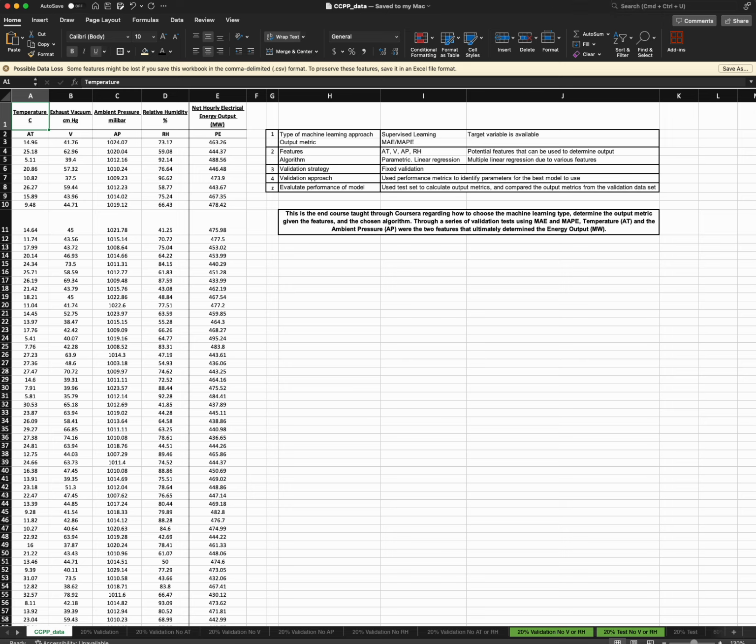What we're looking at here is the data set provided by Coursera for Machine Learning Foundations for Product Managers. And the given test here is to determine, given the data, what machine learning approach one would take, the metrics, what features one would take, the algorithms, and ultimately determine which model to use. Now, given the type of machine learning that we have here and that we have a target variable,